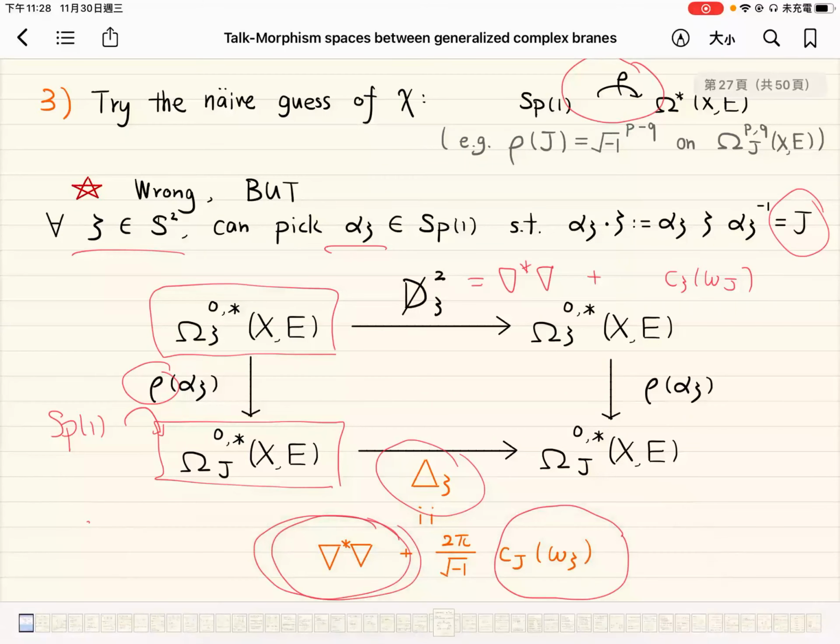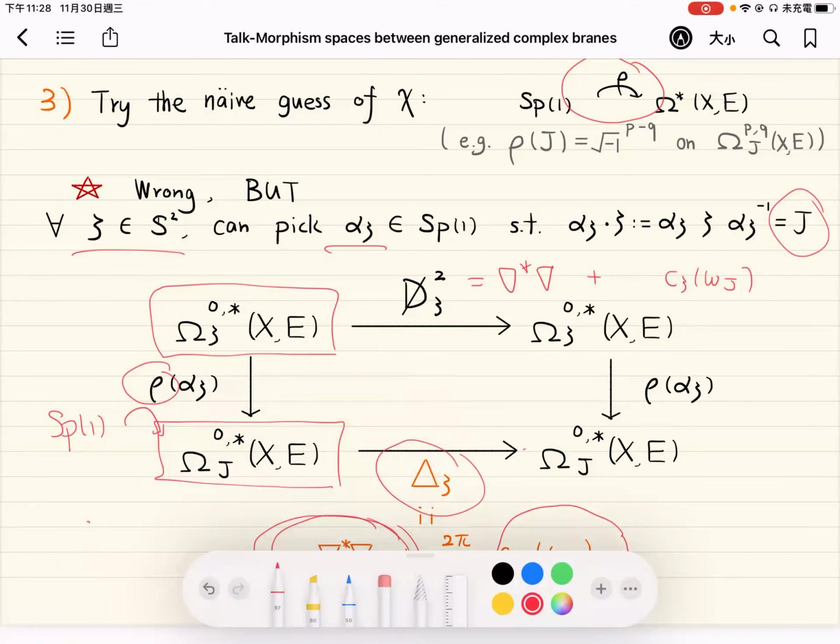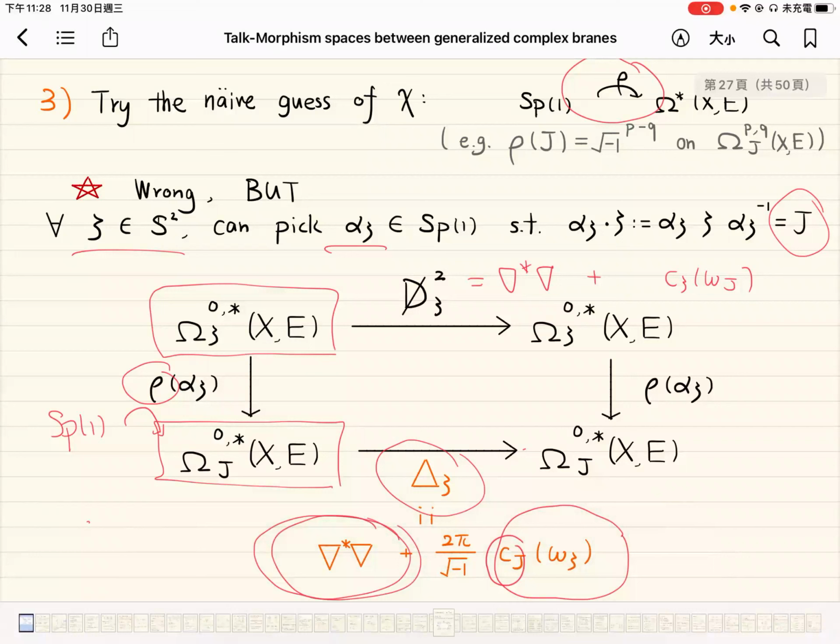And now the second term in this delta theta has the fixed Clifford action, Cj. But the two form varies as the theta changes. So our problem reduces to the problem that we just want to find an SP1 action trying to match this kind of Clifford action with respect to an S2 family of the two forms here. So finally, we realized that there's really such an SP1 action given by the lattice operator of the holomorphic symplectic form.